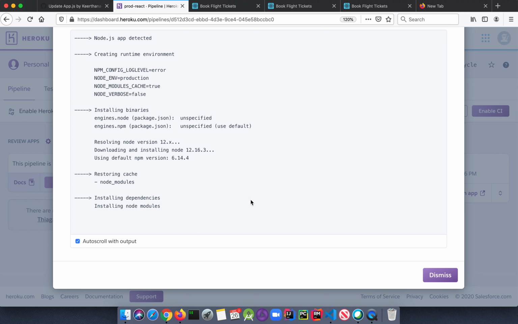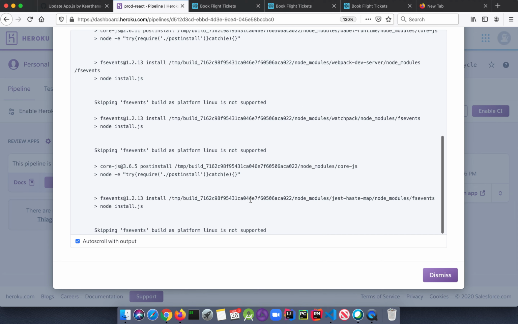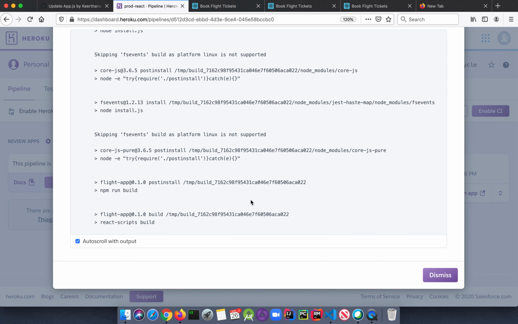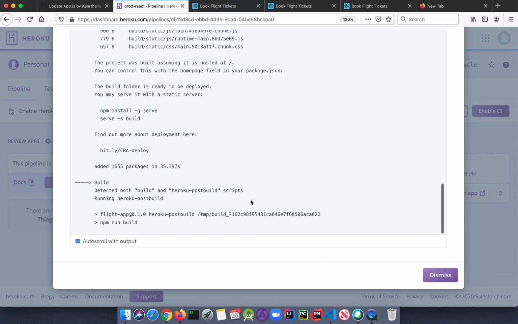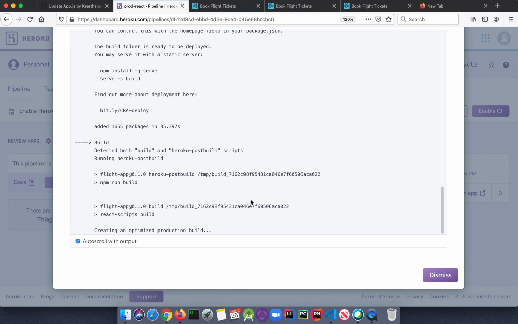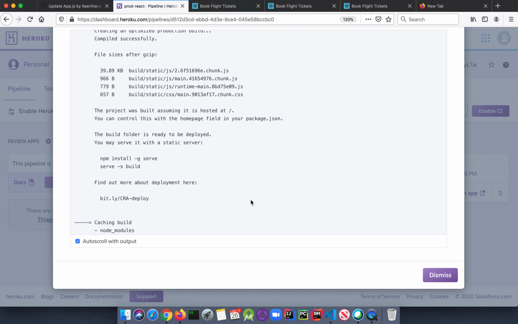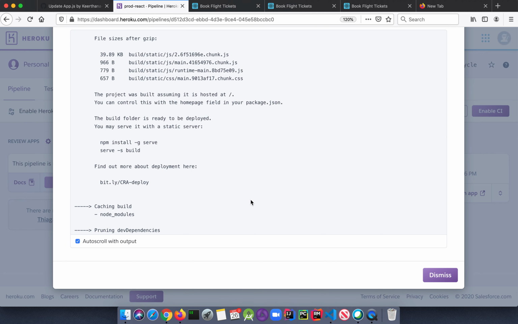Once it succeeds, you can check for the message. Creating an optimized production build. Caching the build, pruning dev dependencies.